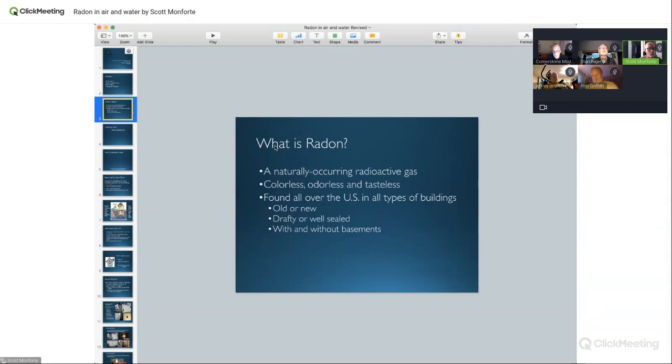There are probably homes that had lower levels, and then when they bring in all the stone, or they do these nice fireplaces and all that, there could be some levels within the building materials. I haven't had a house where building material was an issue. It's usually below the house itself. It wasn't necessarily in the building materials, but it's possible with some of these stone, cobblestone, and stone foundations.